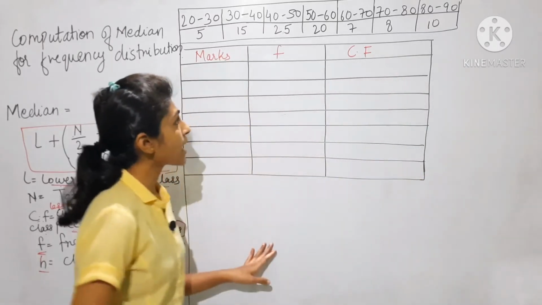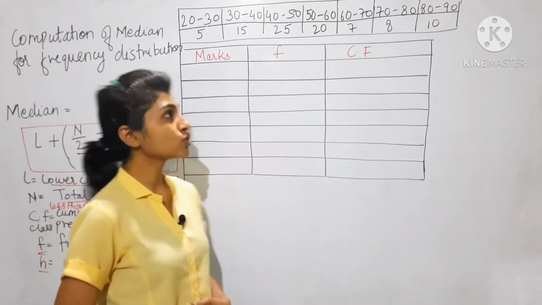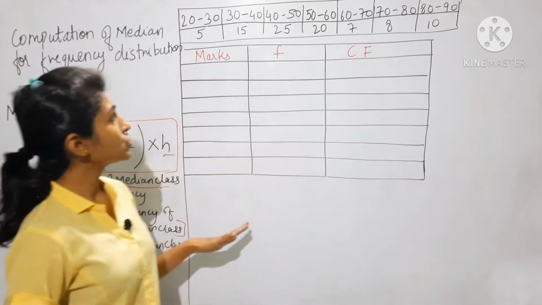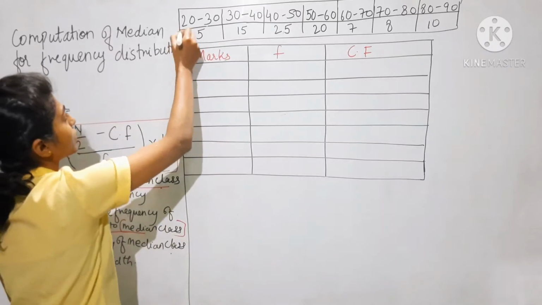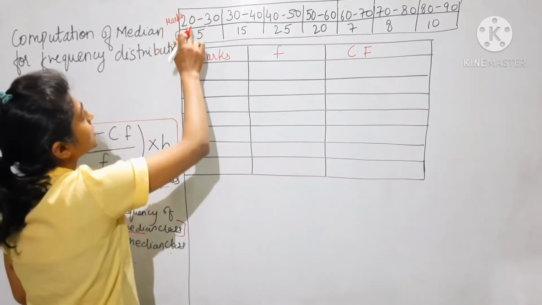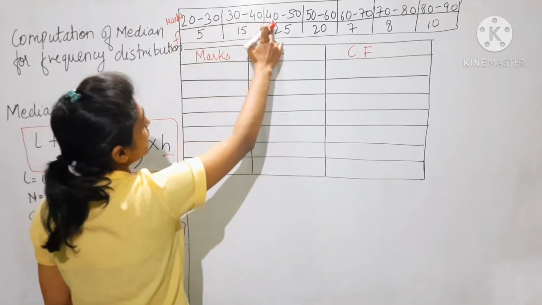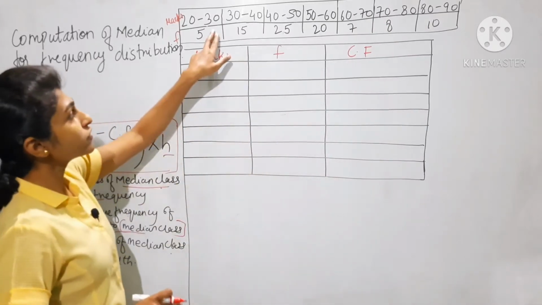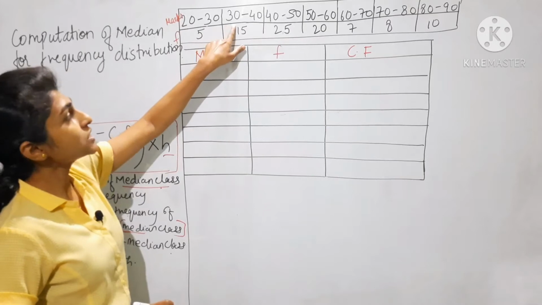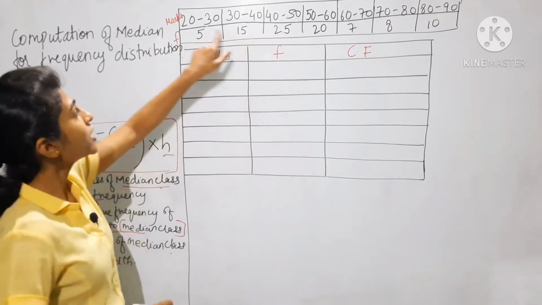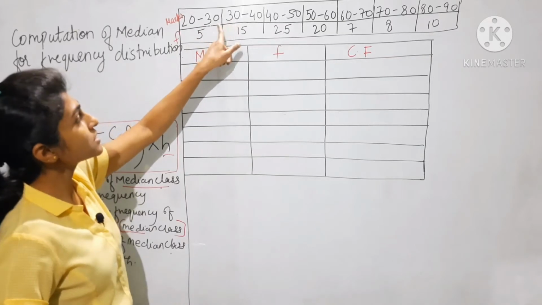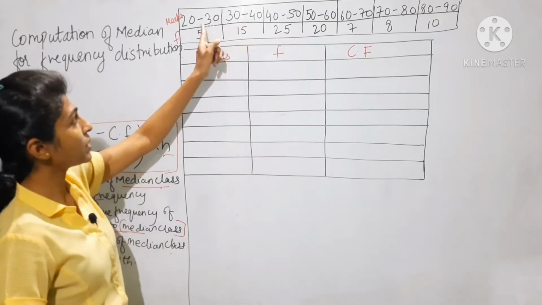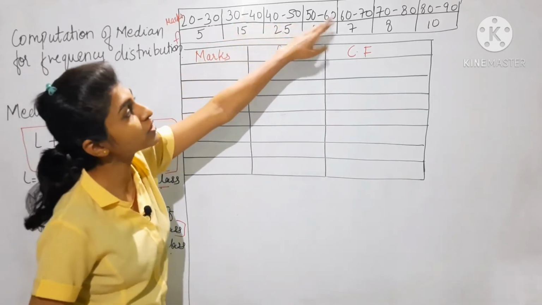Okay, now we'll see the example to calculate median for frequency distribution. So this is the class of particular students of a frequency distribution, and this is the frequency. Marks are 20 to 30, 30 to 40, 40 to 50, 50 to 60, 60 to 70, 70 to 80 and 80 to 90. Now observe this frequency distribution. The classes in this frequency distribution are continuous. Like 20 to 30, and immediately the next class, the upper limit of the first class and the lower limit of the second class are the same, like 30, 30 to 40, 40, 50, 50, 60 and so on.